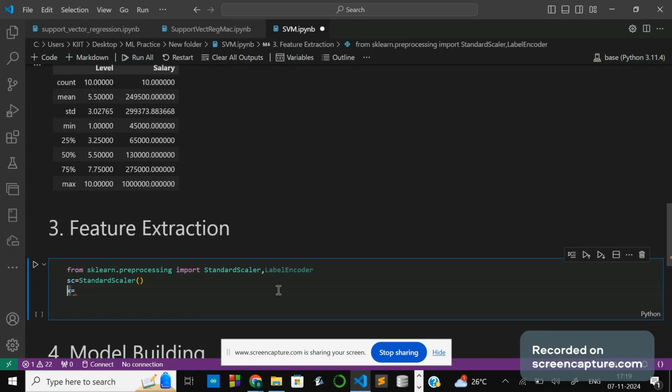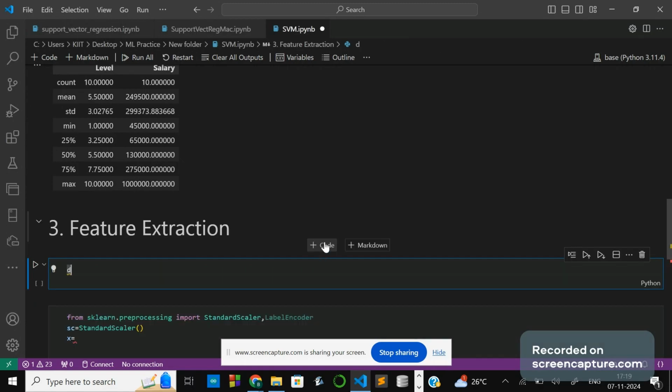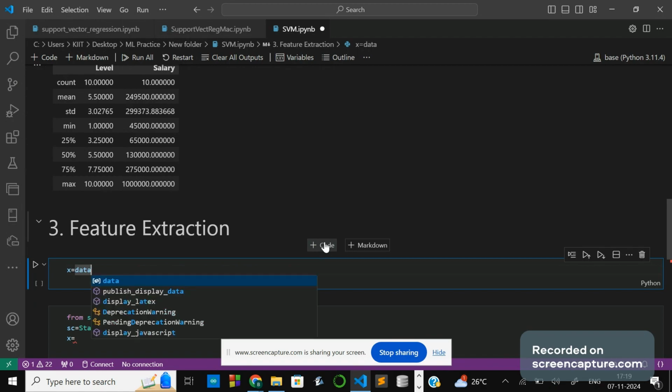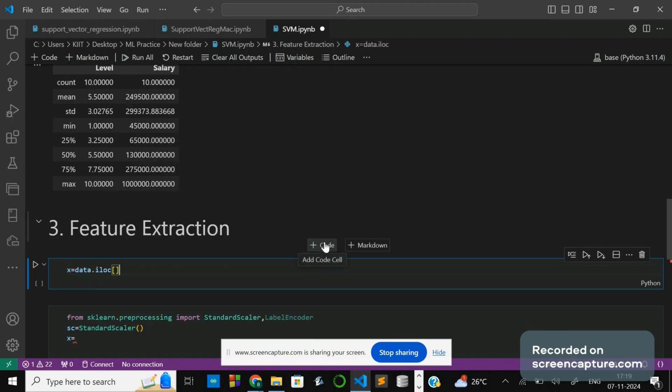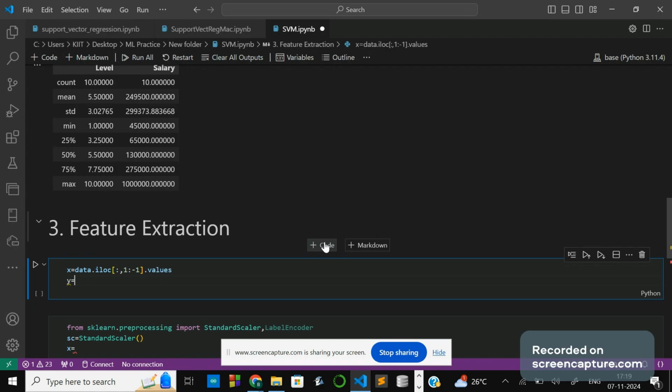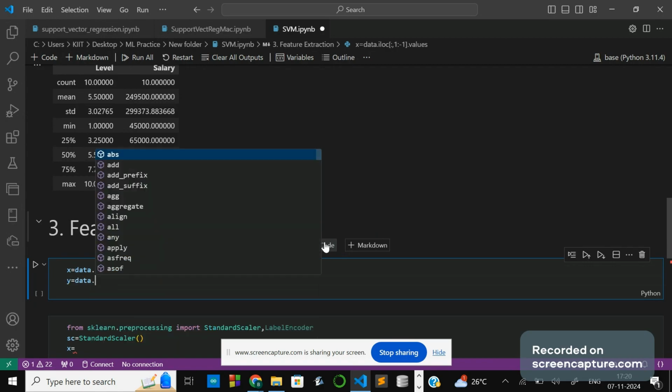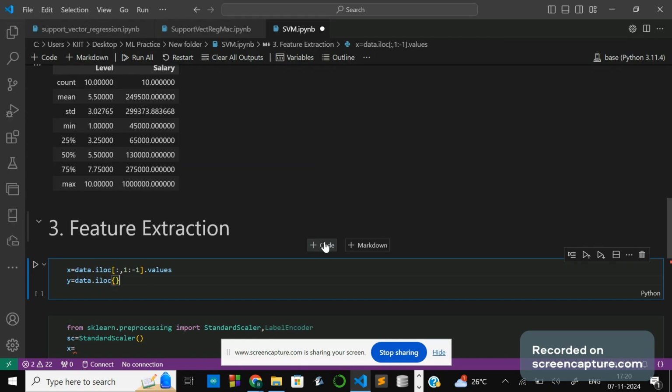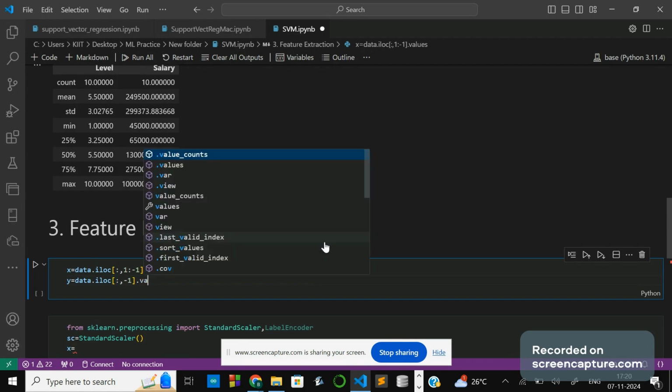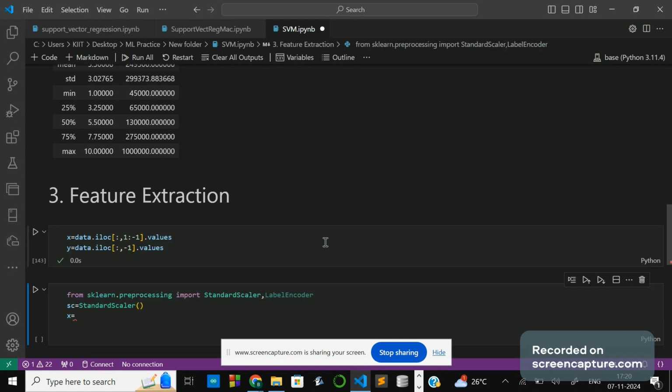Before X, we have to add one more thing: X equals data.iloc, which includes all the rows, from the first column up to the last column excluding it, then values. And for y also data.iloc, all the rows for the last column, and convert it to a values numpy array. If you check that,